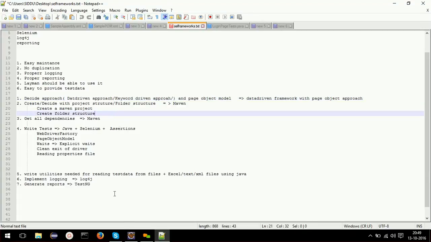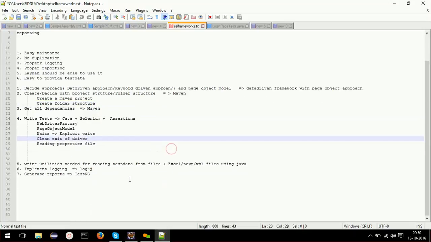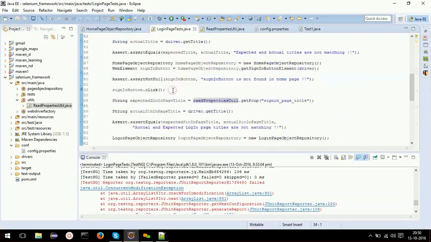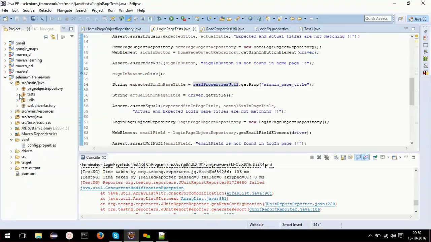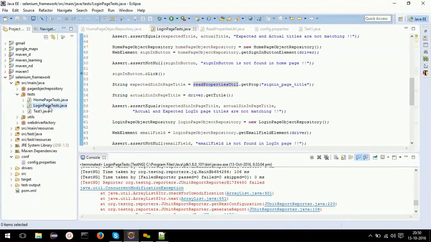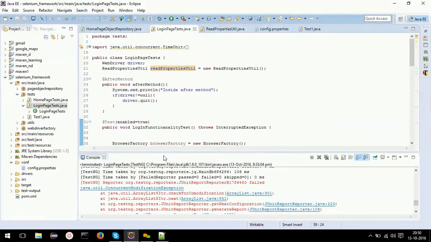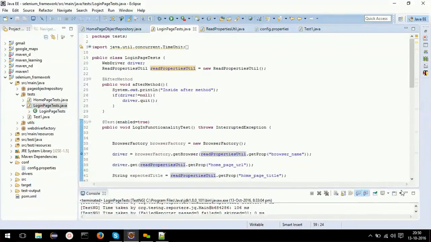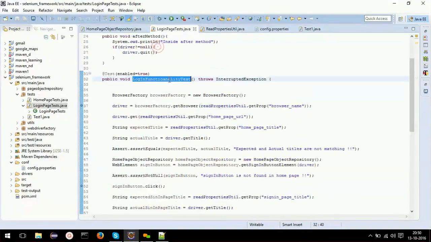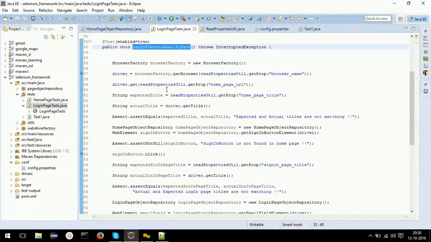If I take the example of login page test, if I go to this login page test. In login page test, there is one test which tests the login functionality. Okay, this is login functionality. Here what we are doing,